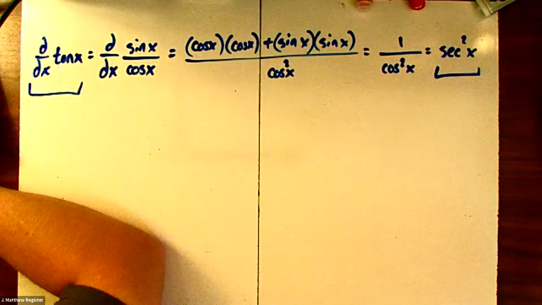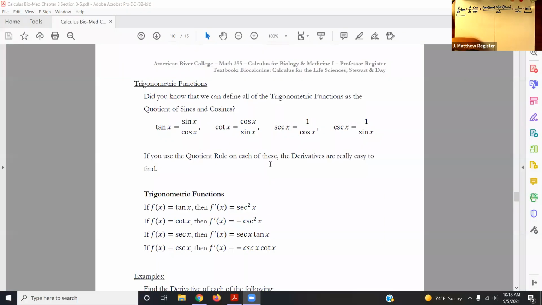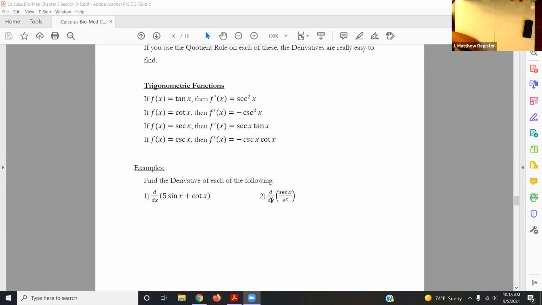Turns out all of the trig functions have something similar. And so the derivative of tangent is secant squared. Derivative of cotangent is negative cosecant squared. Derivative of secant is secant tangent, and the derivative of cosecant is negative cosecant cotangent. Once we have those, we can plug them into a number of different scenarios. Let's just create something new. These aren't that particularly interesting. And so let's suppose that we want to find the derivative